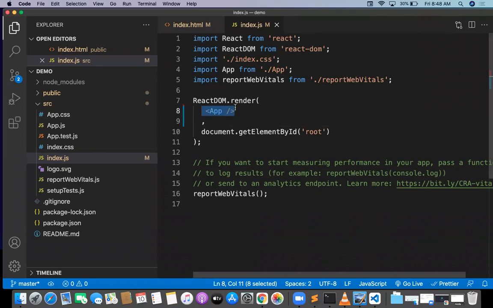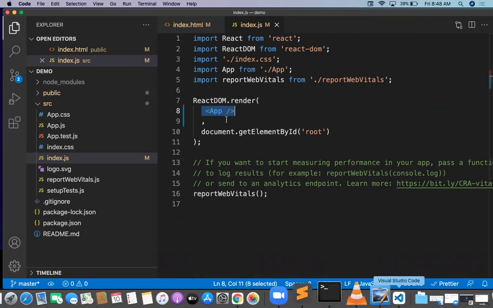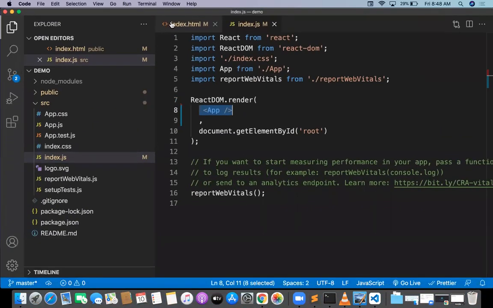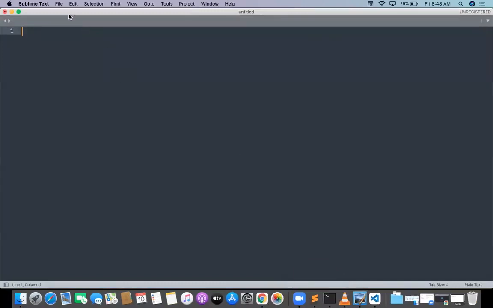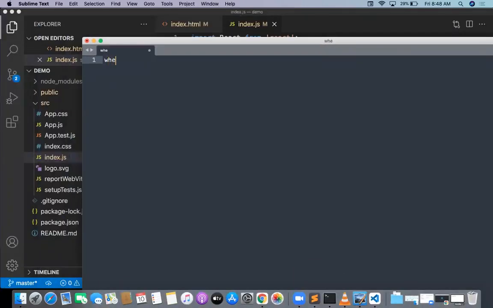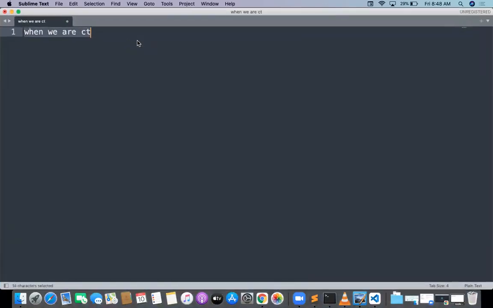initialization procedure. In React, whenever you create a component, that component is initialized with a syntax. This is the syntax. And whenever you are going to be creating a component, there are some points I will write. Let me see, where are the notes? I don't know. Okay, let me write somewhere. When we are creating the component, I will write basic points in React. When we are creating a React project,